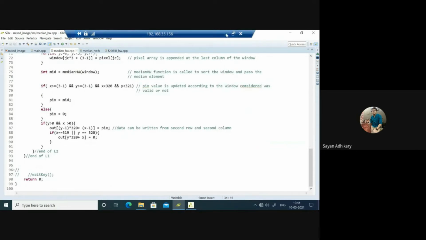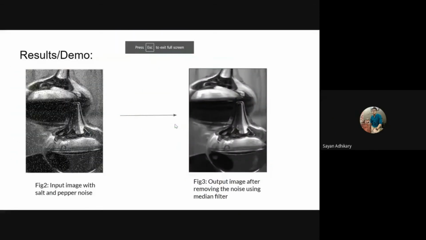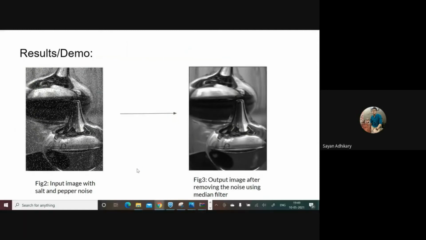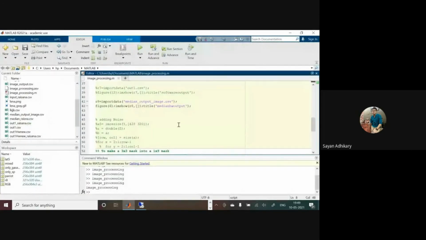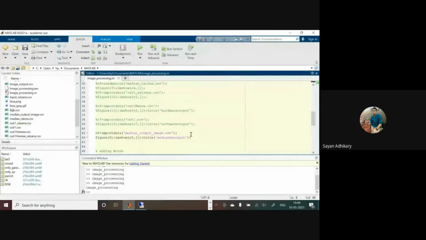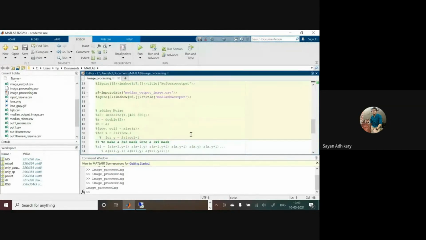Now we are going to demonstrate the result that we got. So this is the pot image that we consider. This is the noisy image with salt and pepper noise, and this is the filtered image. Now we will use the parrot image to demonstrate the operation of the median filter. In our code, our implementation was to show, given an input image with noise, what the output image will be after it passes through the median filter and the 2D FIR filter.